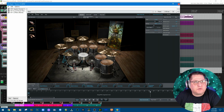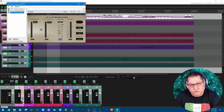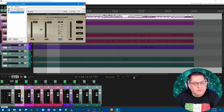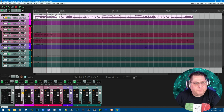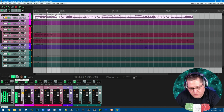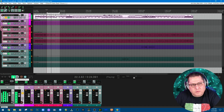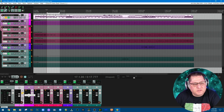So that way they don't compete within frequency space. So that's what's going on with these drums. Going into this Townhouse compressor, which I love using on drums. It adds that punch that I really like to them. Followed up with this L2 Ultra Maximizer, which is like a limiter, if you will. So let me let you hear how this sounds, all right? So yeah, this sounds pretty decent. Move on to the bass guitar,